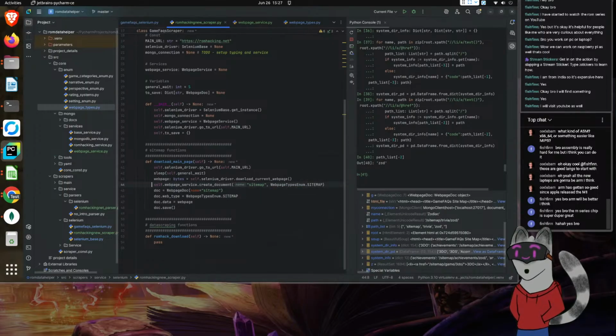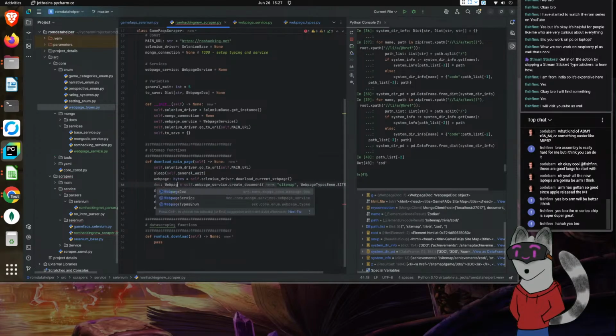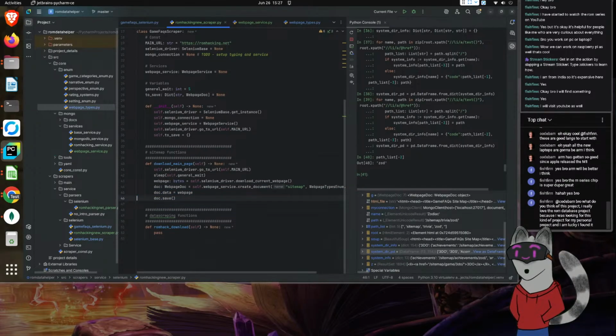This will output our doc. There we go. And then from that, we can then go ahead and proceed to just add in the data, and then from here we can then output this to the save documents.